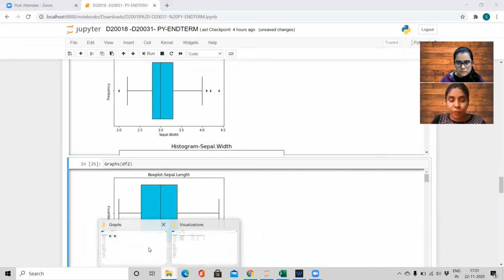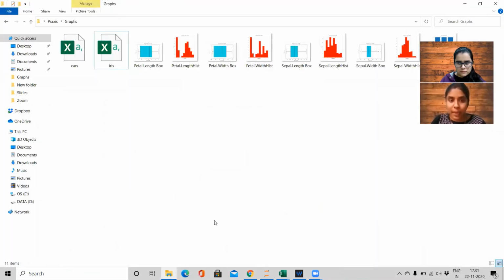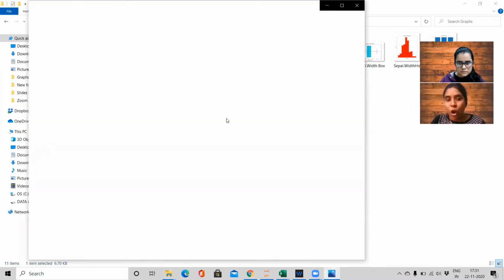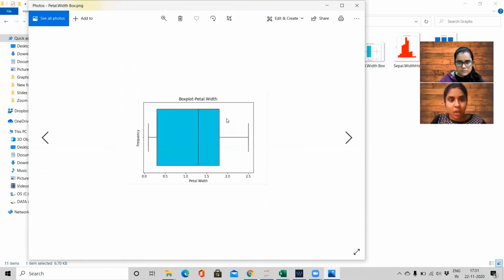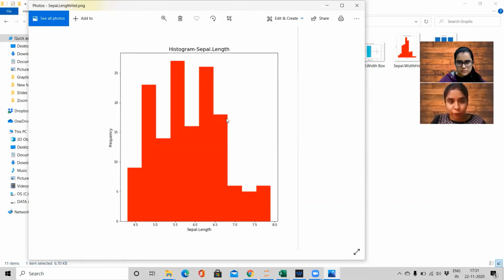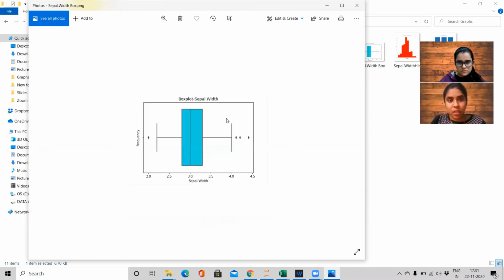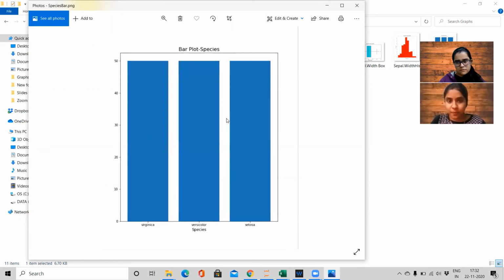For var, it will take all the columns, and for path, it will take the working directory. The Praxis graph was our working directory, and we have plots of all the columns in the iris dataset: box plot and histogram for petal length, petal width, and sepal length, and also a bar graph for the species.